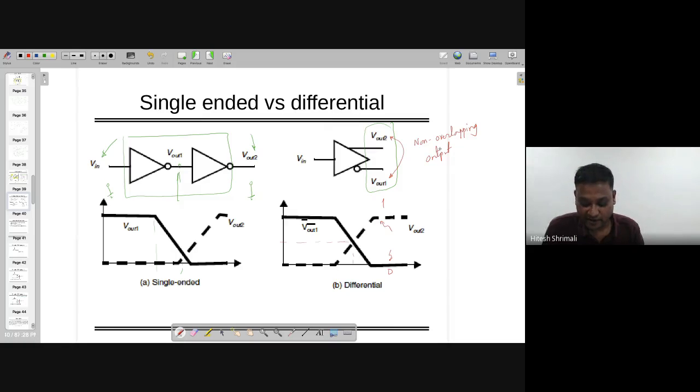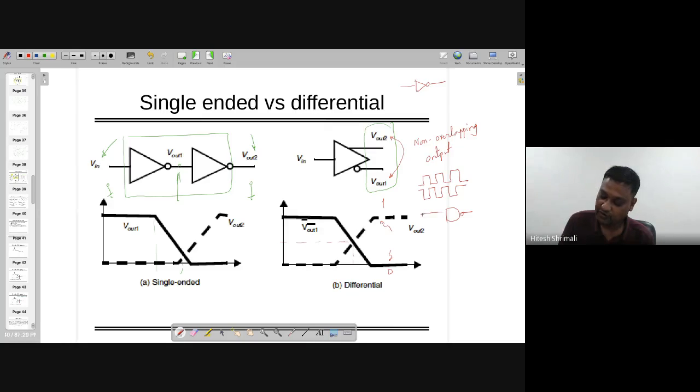Note that if somebody asks you to design a circuit where the input is like this and we want the output like this, and if the requirement is non-overlapping, do not use just an inverter because it's a wrong answer. We have to use the cross-coupled positive feedback latch circuit. Either you can use NAND or NOR, right? Both are universal gates. So this is the answer for non-overlapping clock.